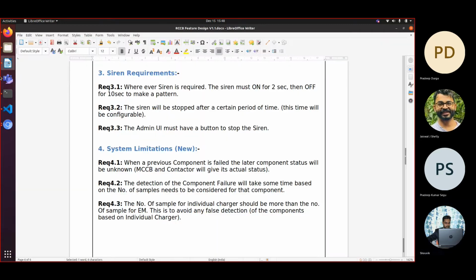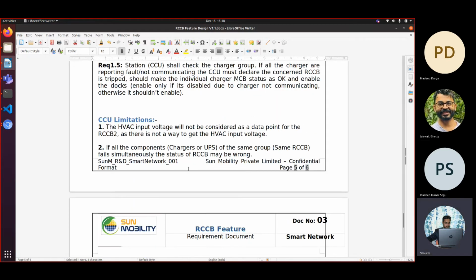It is a CCU limitation. If all the components, charger or UPS of the same group, fail simultaneously, the status of RCCB may be wrong. It is written and agreed also.